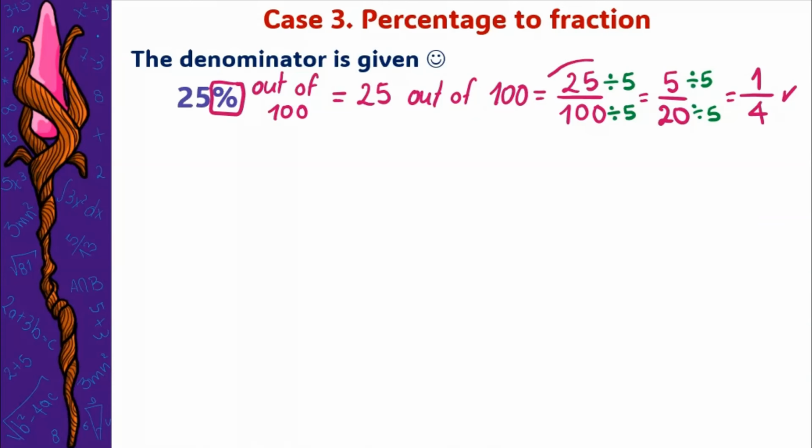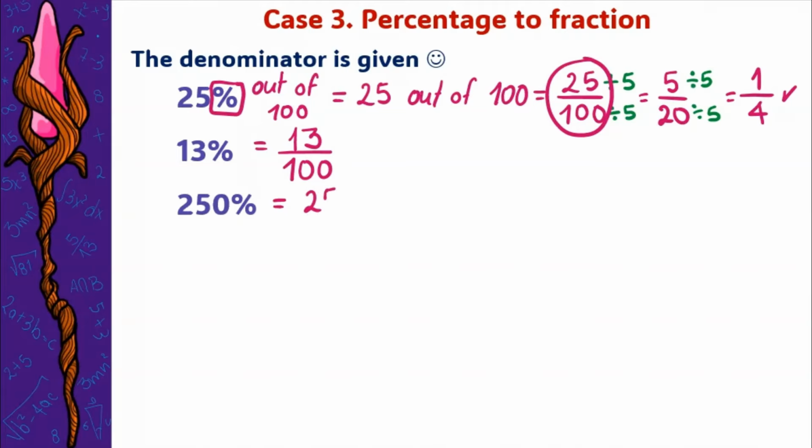So notice that to get here is pretty easy. The number over 100. And then we just need to simplify. Okay, so in this one we have 13%. So same thing. We just put the 13 and 100 as a denominator. 13, as you know, is a prime number, so we cannot simplify in this one. Okay, the next one,